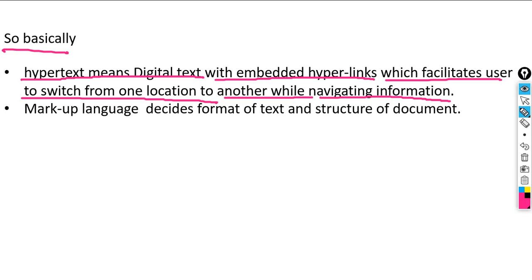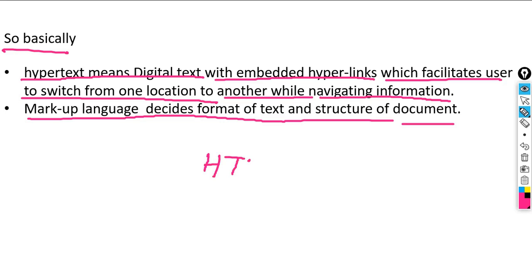So markup language decides the format of text and the structure of documents. So that's it guys, this was the whole information about HTML. Hope now you have understood HTML. Okay, hypertext markup language. That's it.